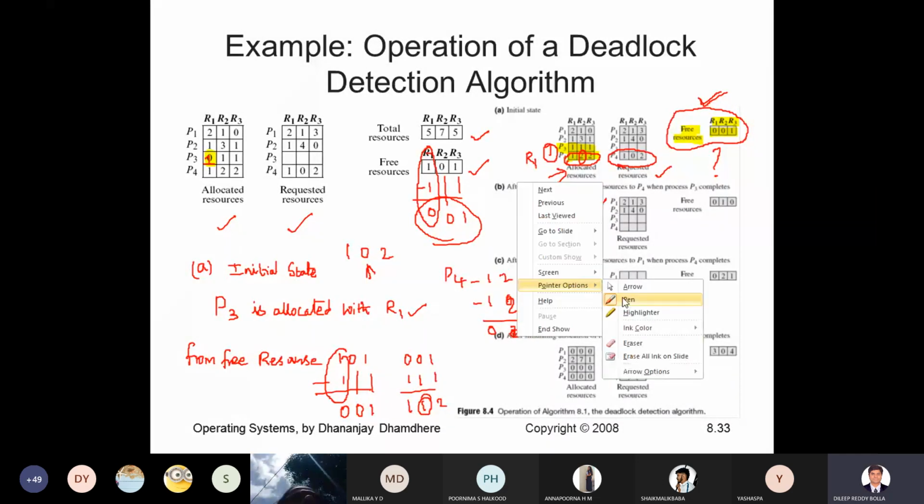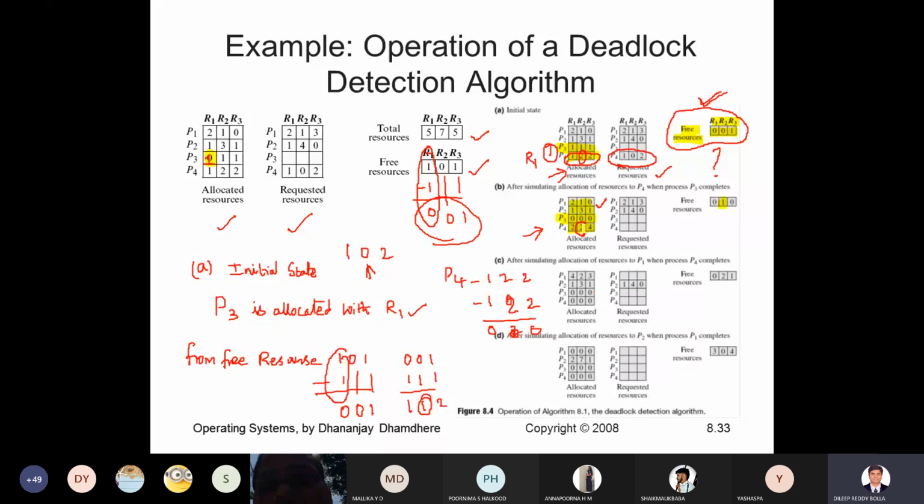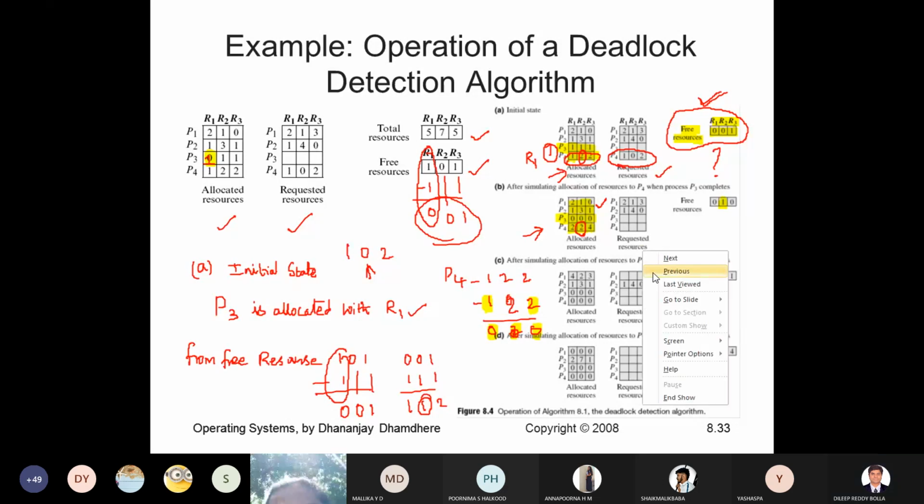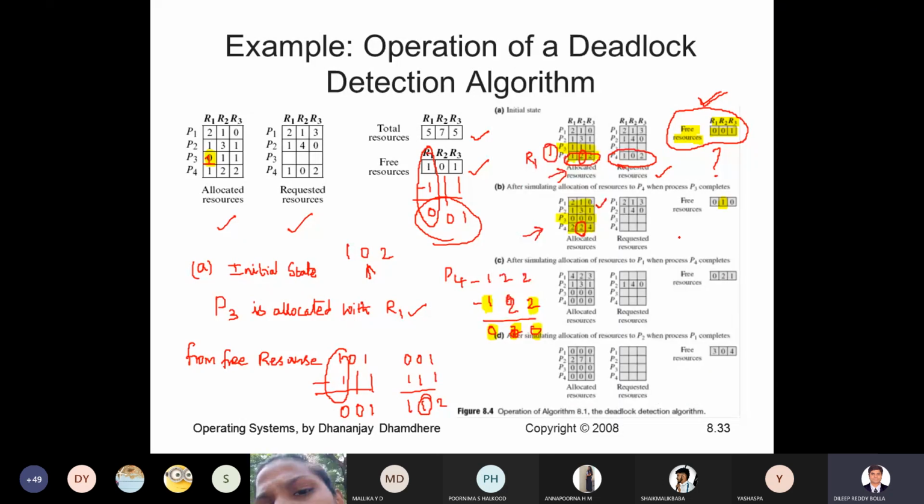In this position, you look at this one. So what is the difference here? 1 got added to this, and 2 got added to this. So this 2 got added, so 0 it is. This 1 got added, 0 it is. But whereas here in this position we have 1 resource. That's why at this point we have 1, 0, 1, 0 pattern. Okay.